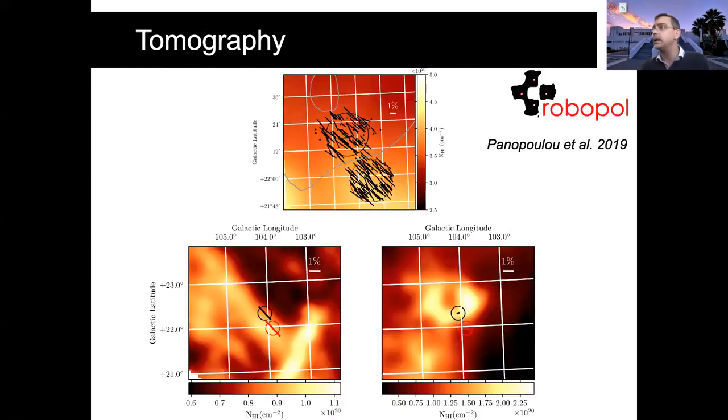But while the WALOPs are being developed and built, we used RoboPol, which is here and now, and it's working, for a pathfinding first demonstration of the magnetic tomography technique that we discussed. We picked a region of the sky where we have two clouds overlapping, but only partially. We used, again, 21 centimeter spectroscopic data to do this. So we have one region, the red circle shown here, where only one cloud along the line of sight